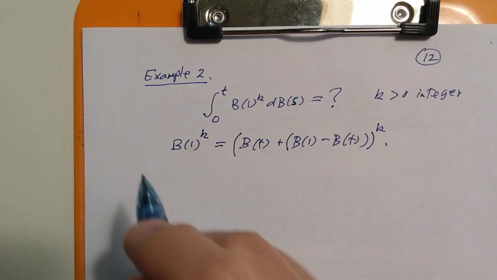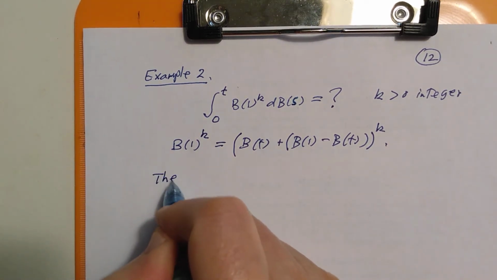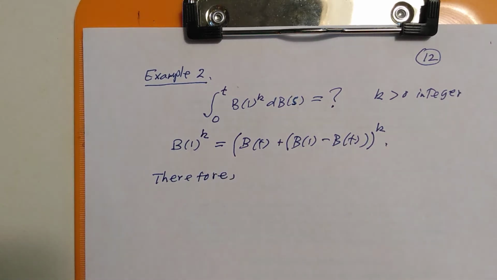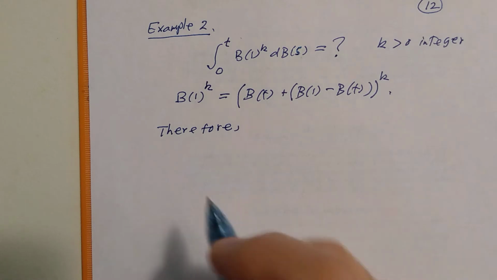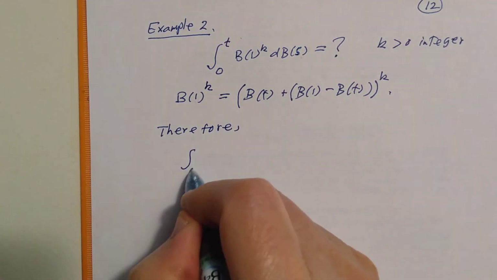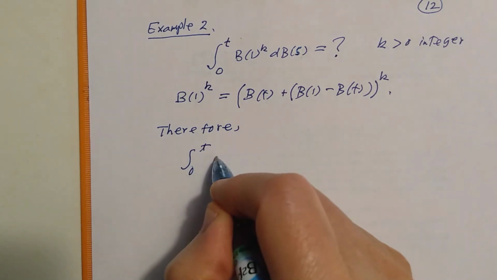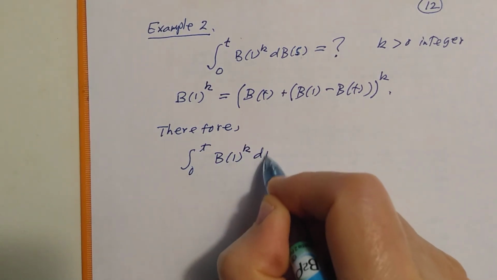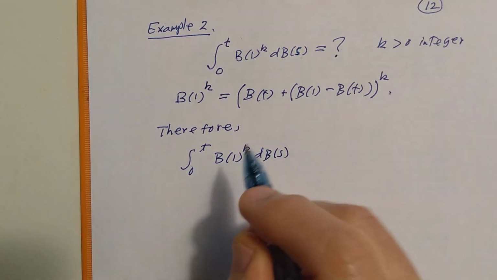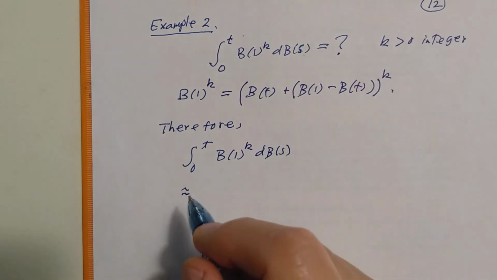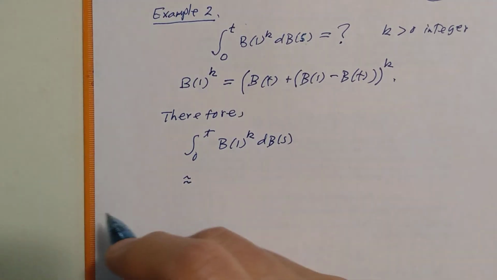Therefore, the integral from 0 to t of B_1 to the power k dB_s is almost equal to, namely by taking the limit, and I just omitted the limit notation,